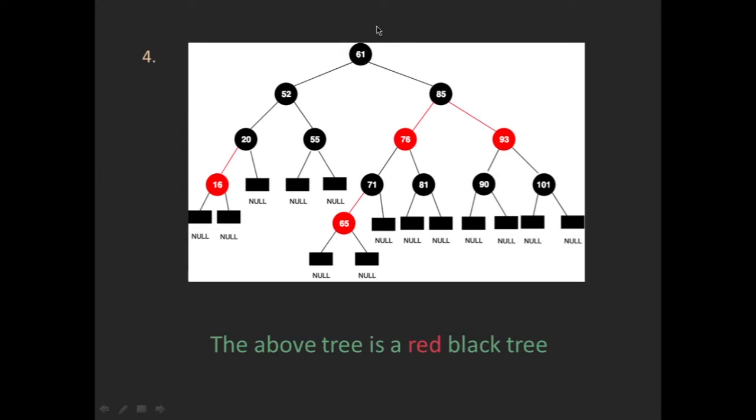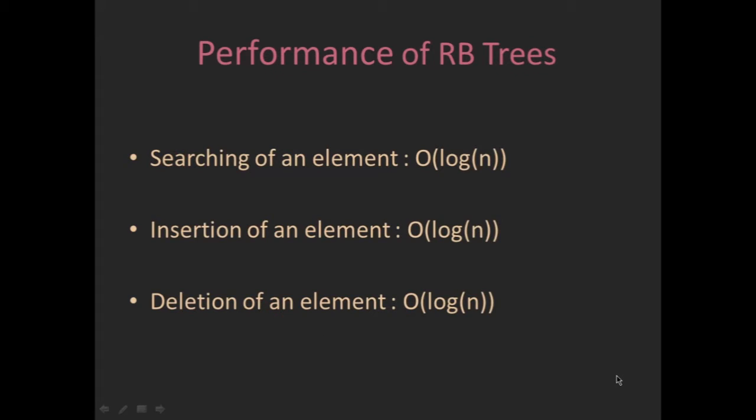In this tree, the root element is black. Every red node has black children. A red node does not have a red child. Each external node has the same black depth. So let us try for this external node. This external node has 1, 2, 3 black depth. For this external node, there is 1, 2, 3. So that's 3 black depth. Let's try for another one. This also has 1, 2, 3. So 3 black depth. So yes, it follows all the properties of a red-black tree. So this is a red-black tree.